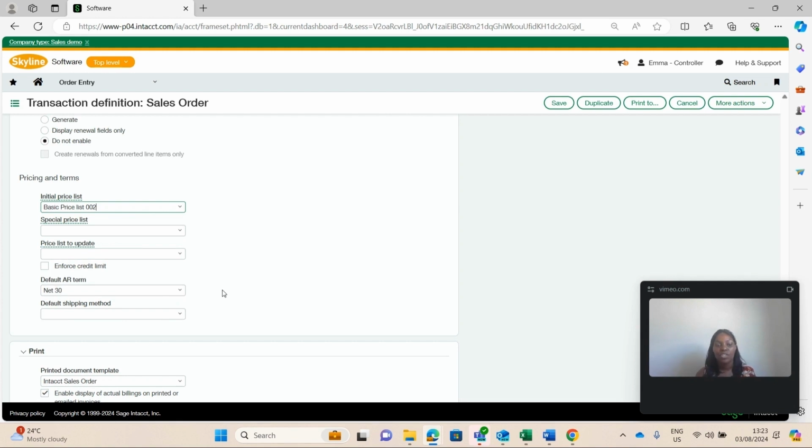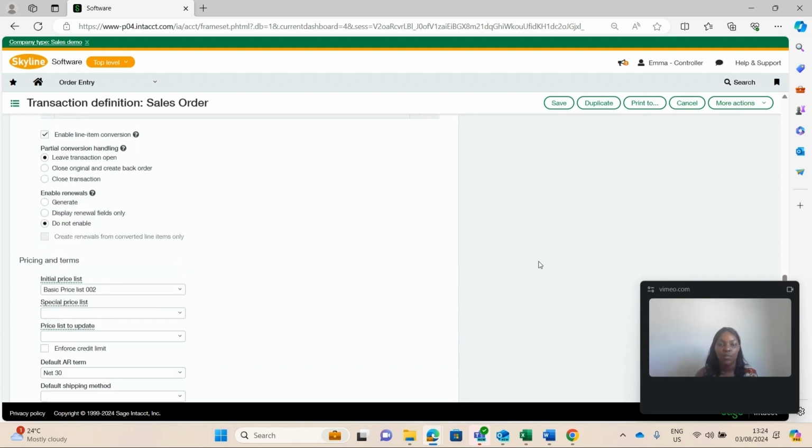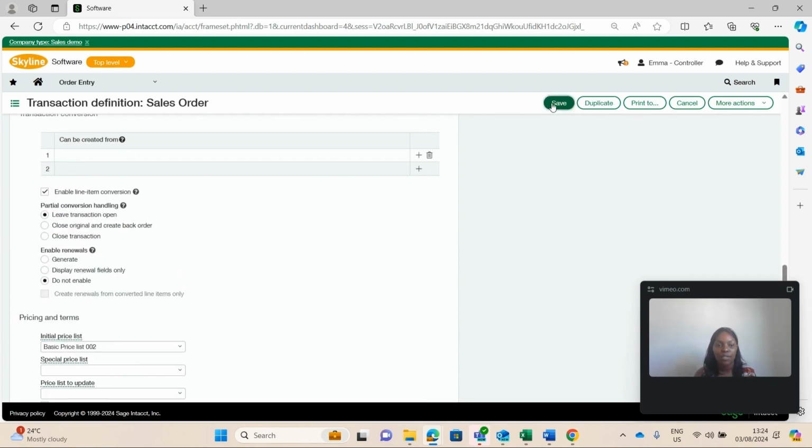Now, if you have additional price lists that you want the system to look at, that's when you will select the special price and the price list to update. So in this case, the system will look at the initial price. If the fixed flag is yes, then it will stop on the basic price. But if the fixed flag is on no, then it's going to move to the next layer, special price, then present your suggested price. So now that we've associated our pricing with the transaction definition, I'm going to save,